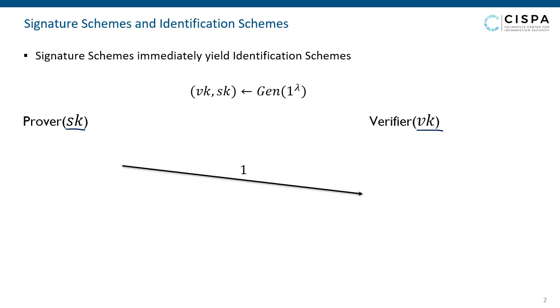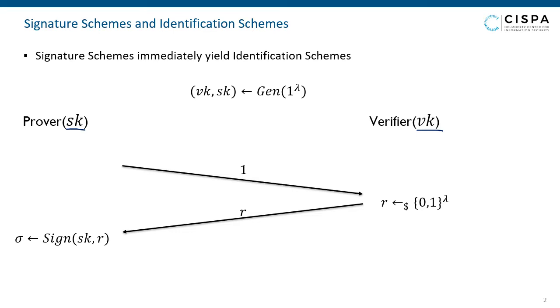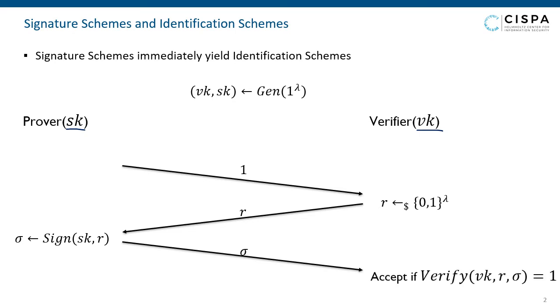But since the syntax of identification schemes requires a message I, we just send 1 as this message. So next, the verifier just chooses a uniformly random string R and sends R back to the prover. The prover computes a signature on R and sends the signature back to the verifier. And now the verifier just verifies if sigma is a valid signature on this random message R, and if so,